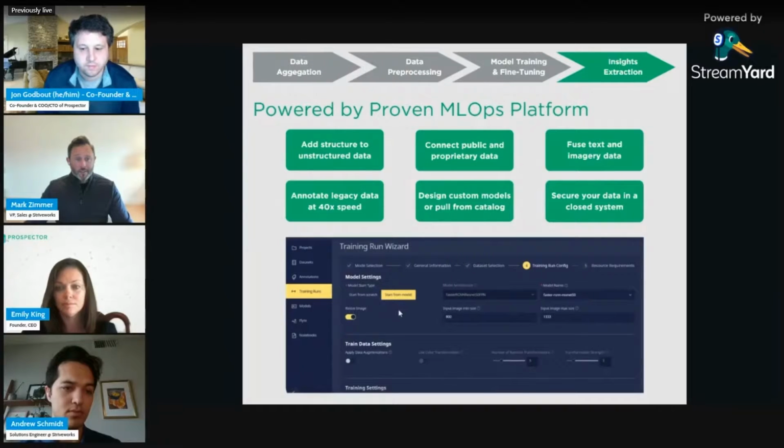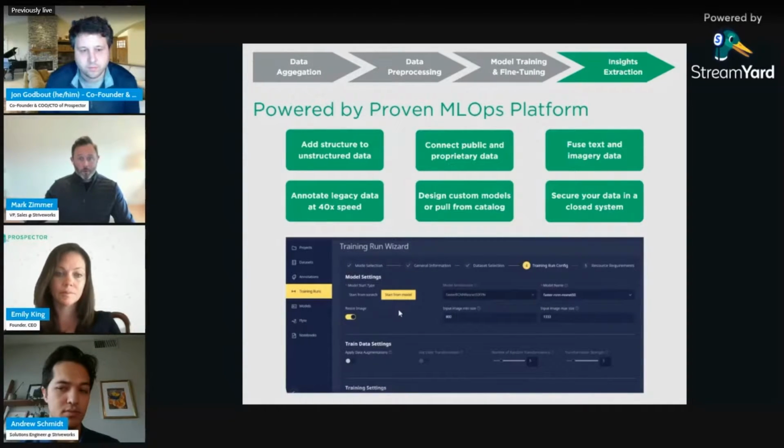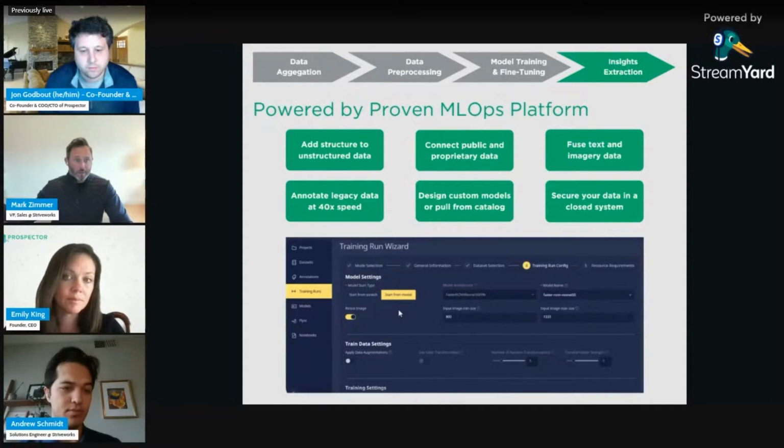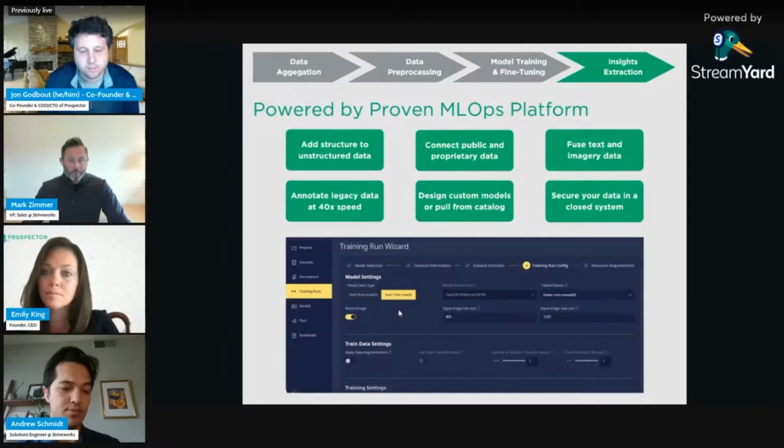I think the second piece that John has touched on a bunch is we're trying to connect both public information that you have available as well as your proprietary data, but also ensuring that this is a secure platform where you're not asking an open source AI platform or LLM like ChatGPT, where you have to upload your documents to something that you no longer own. This will actually sit within your own proprietary infrastructure so that those documents never leave. So there's no concern of that data being released out into the public.